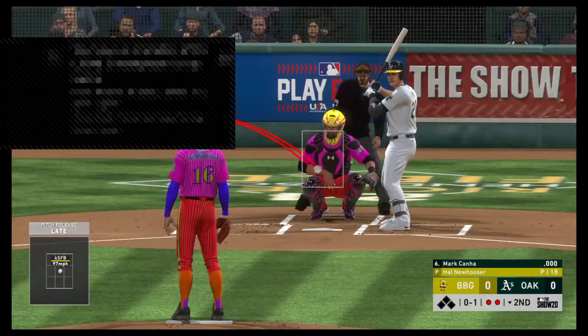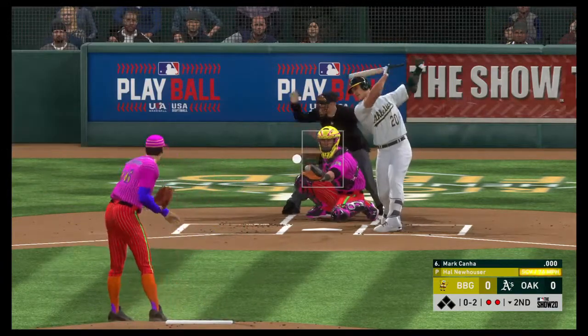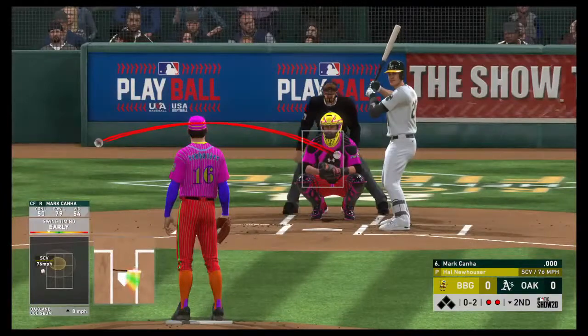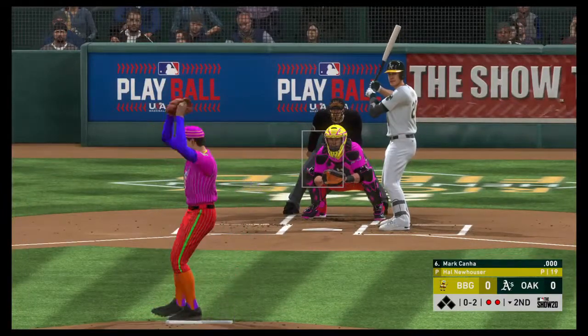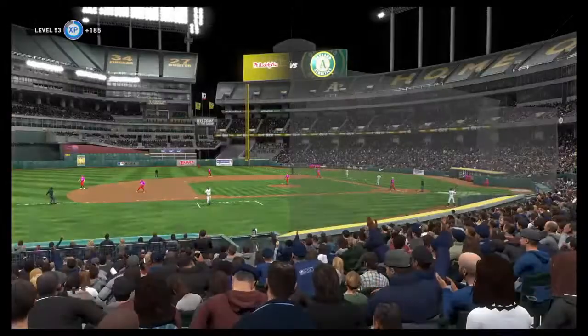And there's a strike right down the heart of the plate, 0-1. That fastball was a lively one. You could hear the pop of the glove all the way up here. Hey, I admit I'm a little biased. There's nothing better than that pop of a glove on a good fastball. And the third baseman makes the...